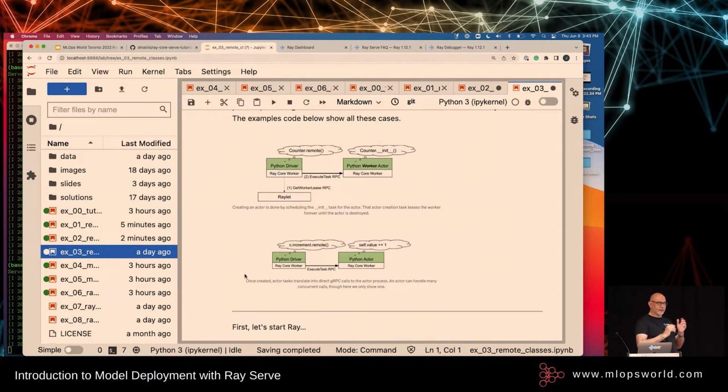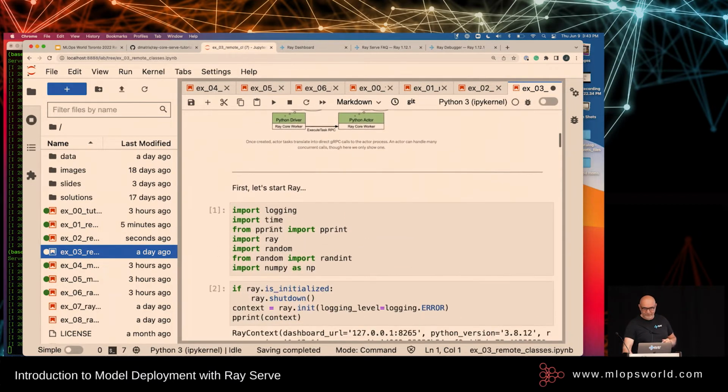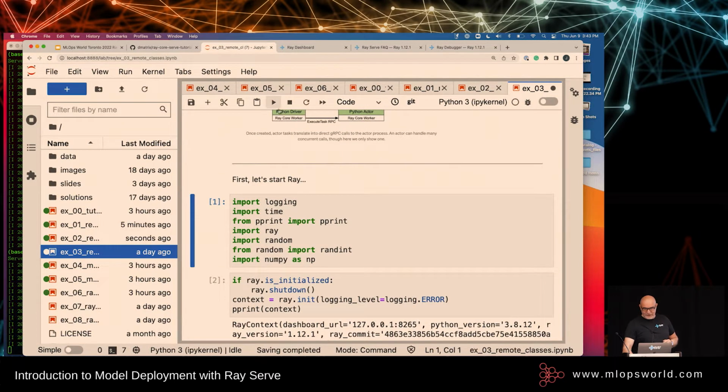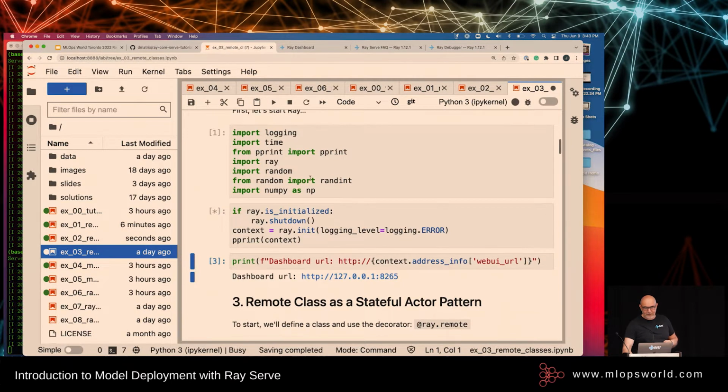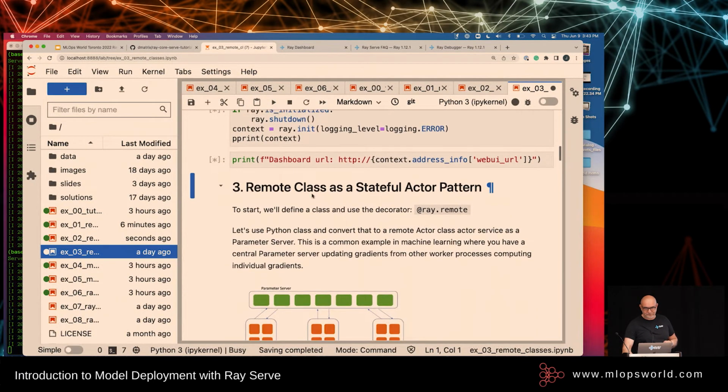And so you don't have to worry about synchronizing. You'll always have one entry point for that particular worker. So let's do a very typical pattern that you actually see quite a bit in machine learning called